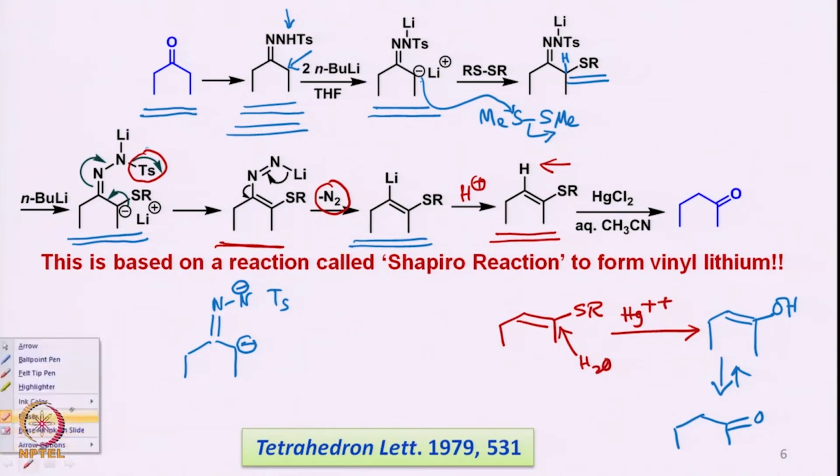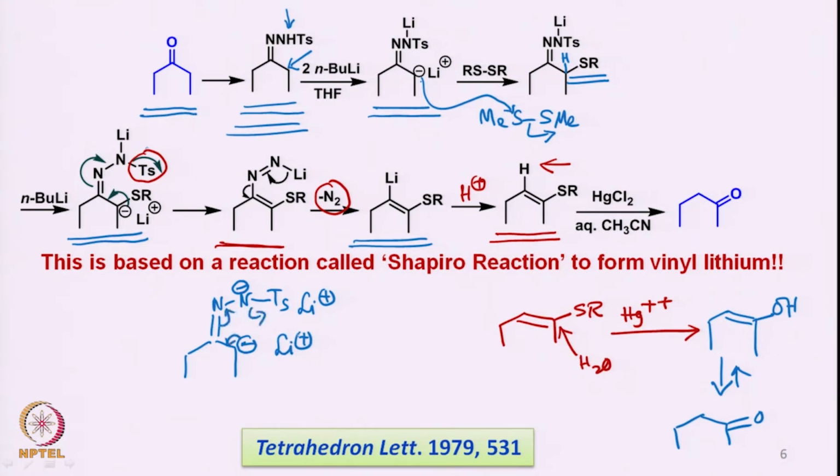So what you have is a dianion like this, and in these cases there will be lithium plus, and this loses the tosylate group as I showed earlier,